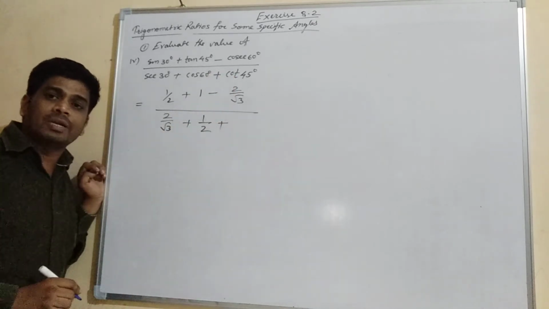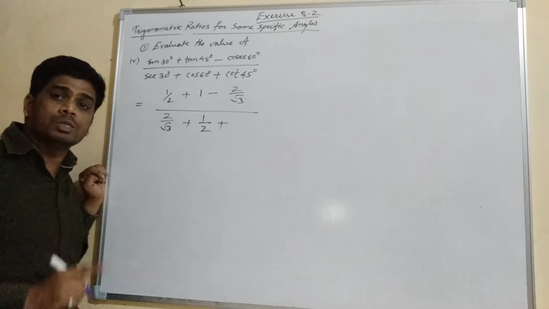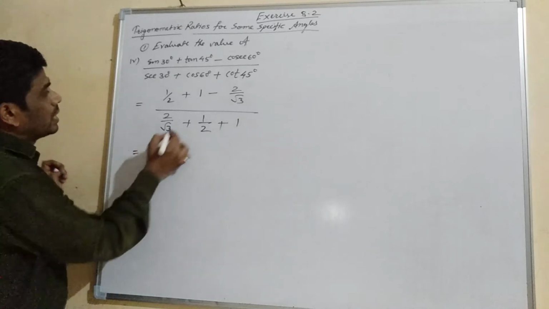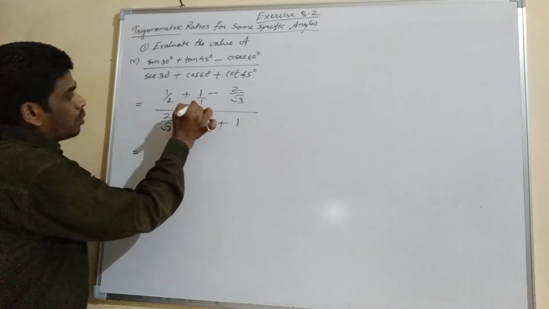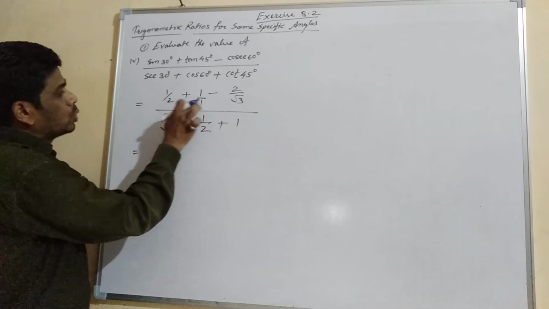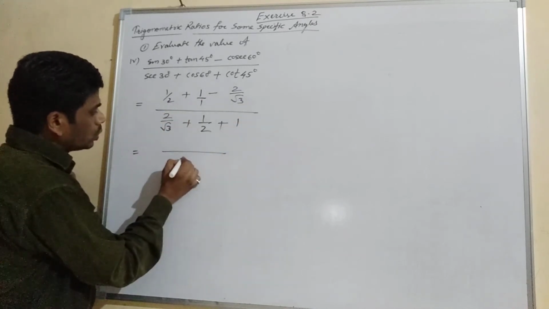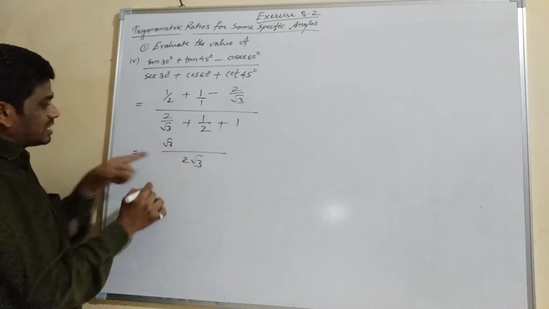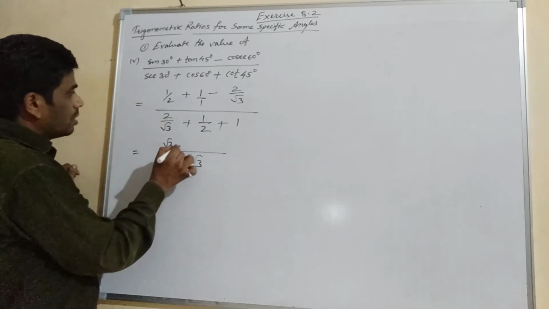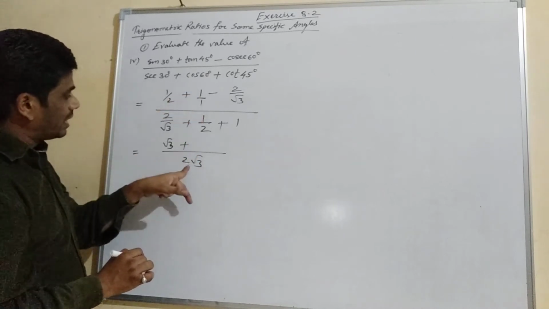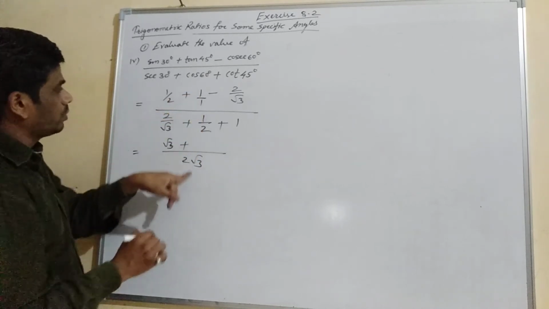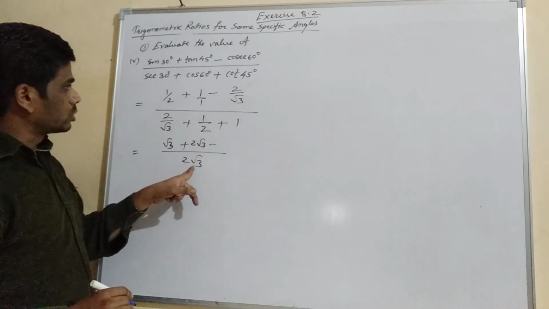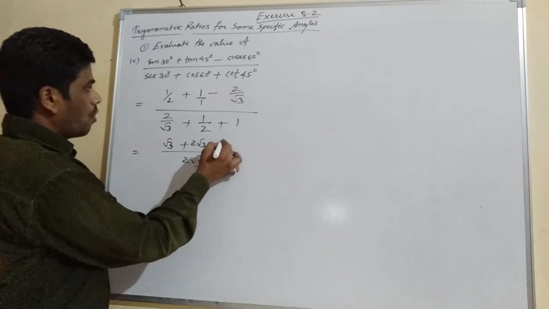So we will write 1 upon 2, and cot 45 is the inverse of tan 45, and tan 45 is 1, so cot 45 will also be 1 upon 1, which means 1. So here the LCM of this is 1, we can write 1 upon 1, and the LCM of 2, 1 and root 3 will be 2 root 3. So you will get here root 3, because the LCM divided by 2 gives root 3. Plus here we divide the LCM by 1, so it will be 2 root 3. We will multiply by 1, so 2 root 3. Minus here we will get, root 3 will be cancelled, so 2 2s are 4.